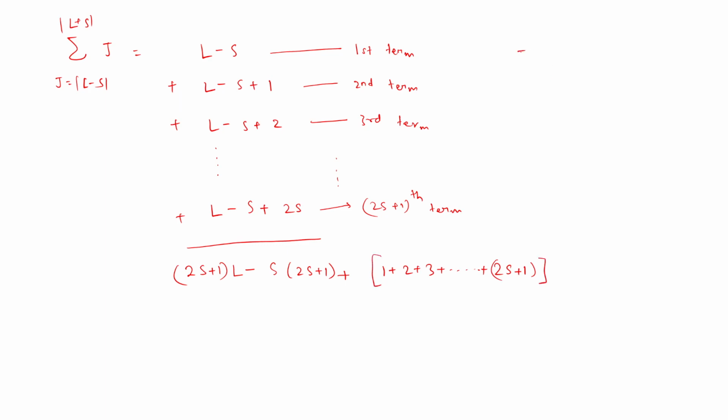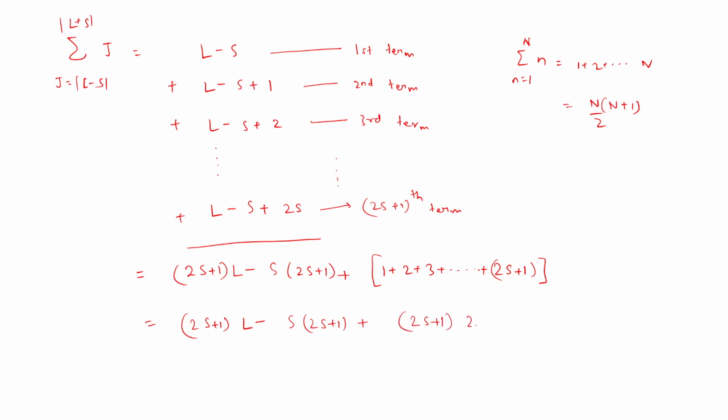So we know that sum over n equal to 1 to n, let's say, this thing is nothing but 1 plus 2 plus up to n. So this is given by n into n plus 1 by 2. This is the formula of that. Okay, so here similarly what it will be? It will be 2s plus 1 L minus s 2s plus 1 plus, so here n is equivalent to this